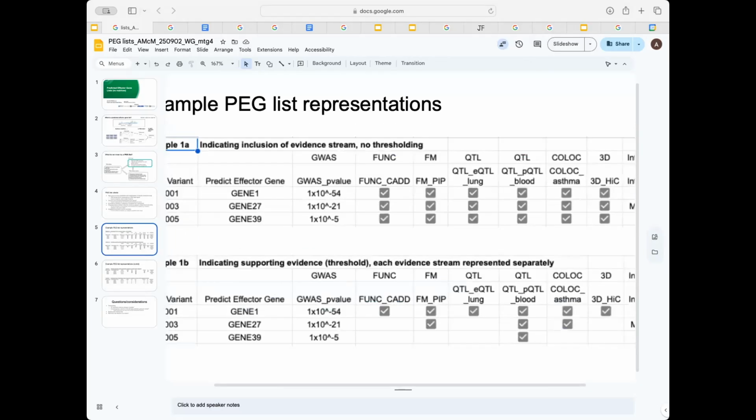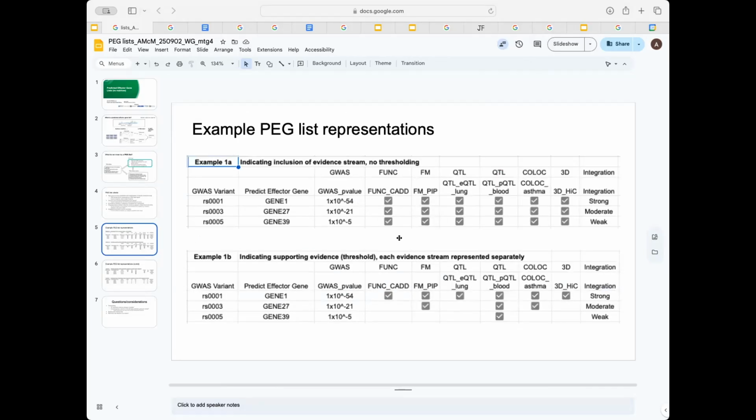Sorry, let me do this. So this first one, I mentioned that the inclusion of thresholding evidence streams. The most simplistic way of doing it, of showing that, would be not even to consider whether evidence streams are significant or not, but just that the author looked at these evidence streams. So you could have a GWAS variant, the predicted effect to gene, and say, yes, the author looked at all these evidence streams and here's their conclusion.